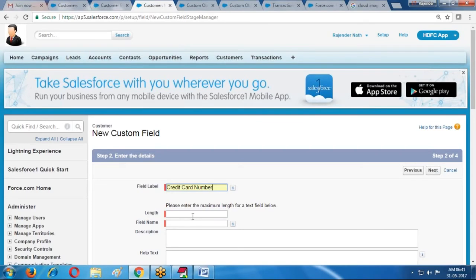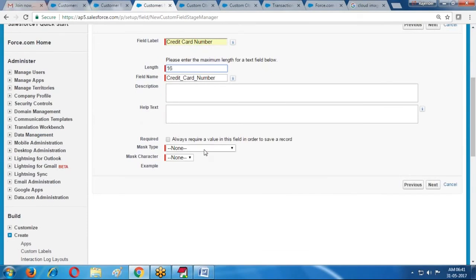Credit card number. Length is 16 digits. What format is required? And what is the type? Mask characters.